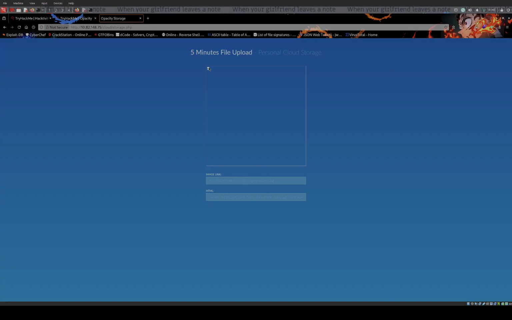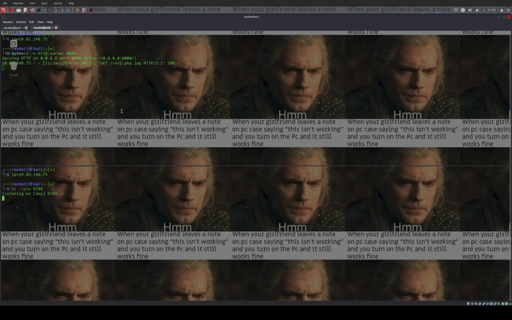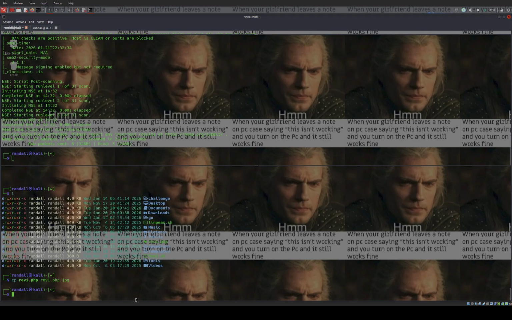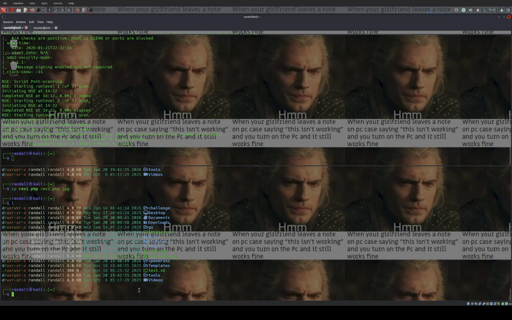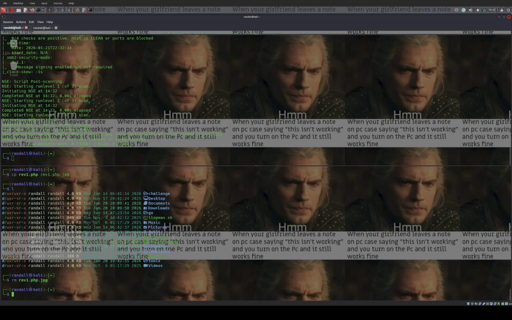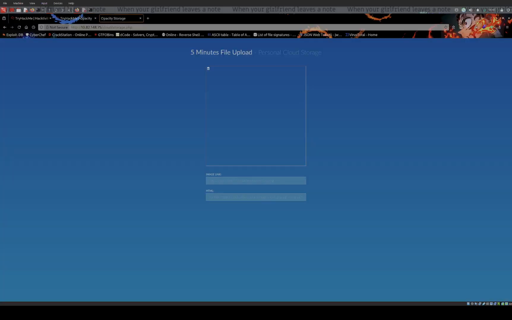And it says that it went through, but it didn't, because if it read it as a PHP file and not a JPEG, it wouldn't have shown a picture here. So if we go here, we didn't get anything. This was successful, but it didn't run the script. So we can get rid of the one that we made with the JPEG because we don't need that. We'll have the regular one, and the way to bypass the filter is